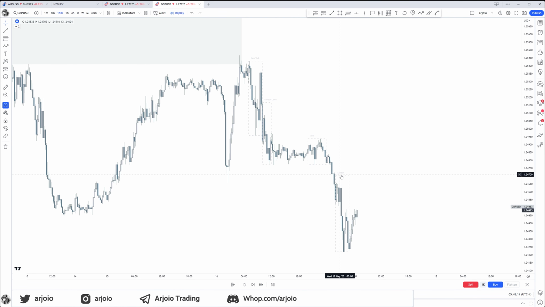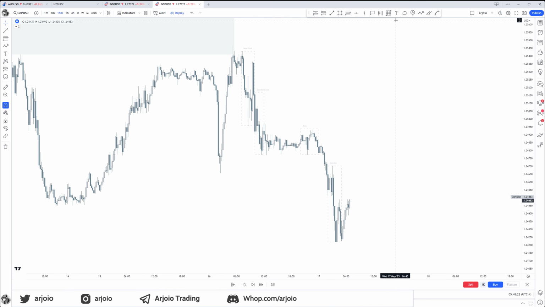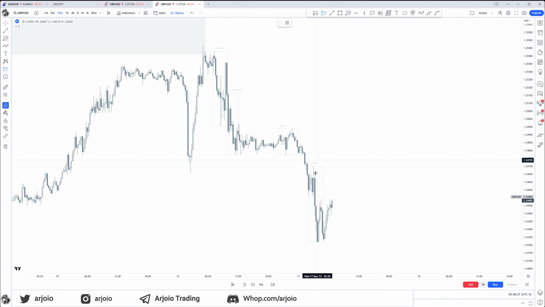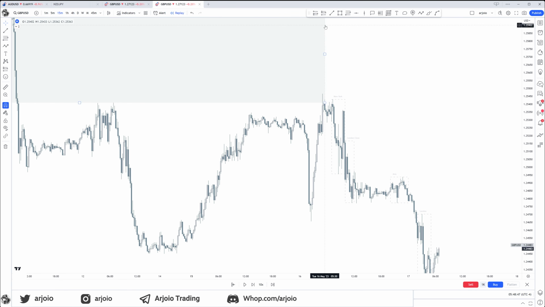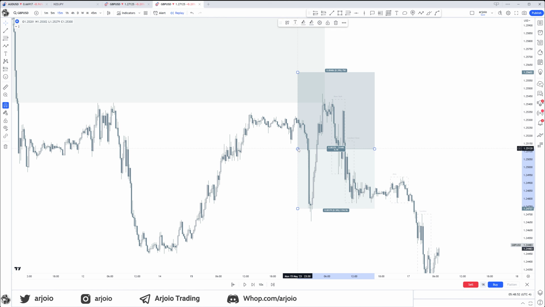If Asia already has an expansion and a fair value gap in the leg, can we expect London right here to come all the way higher above Asia and then continue lower? No, that is not logical. Now, what is the difference? I can already hear you asking, what is the difference between this entry, for example? Because this could have been an entry. Very, very, very great entry right there. What is the difference between this entry and this entry? For example, in this fair value gap or even higher and you waited for it to come right here into that. What is the difference?